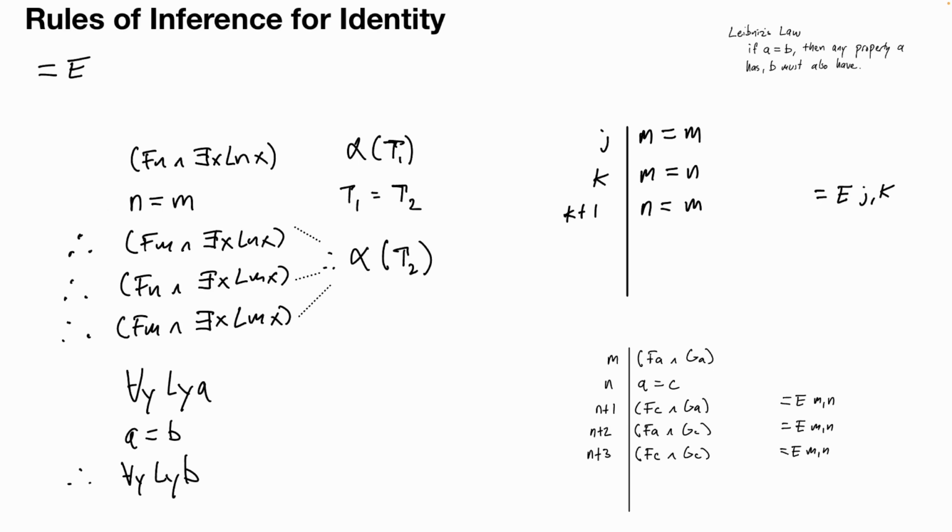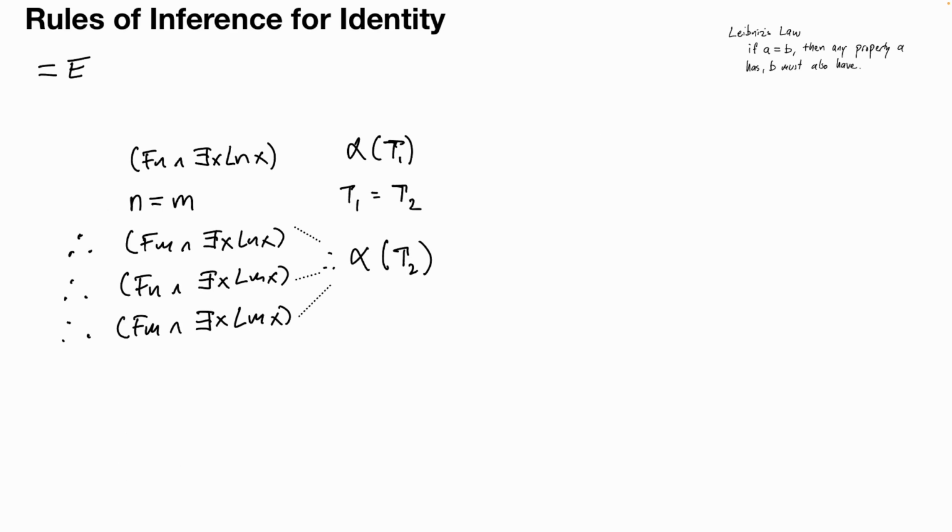or you can derive m equals n by swapping n in just for the second occurrence of m, although you have the whiff m equals n already, so there wouldn't really be any point to this. Or you can derive n equals n by swapping n in for both occurrences of m, although there wouldn't really be any point to that either, since you could always get n equals n just by using the identity introduction